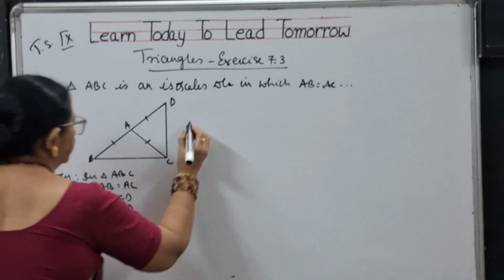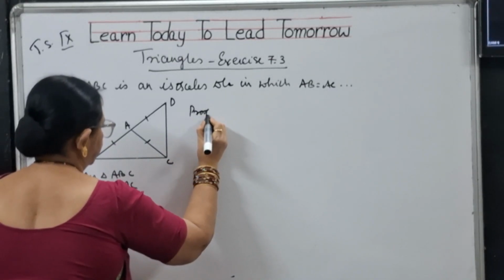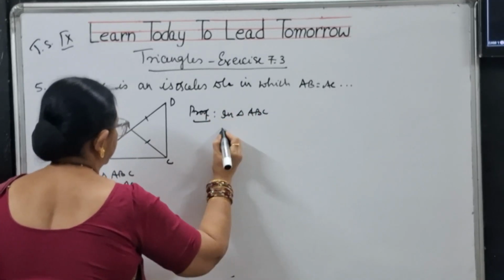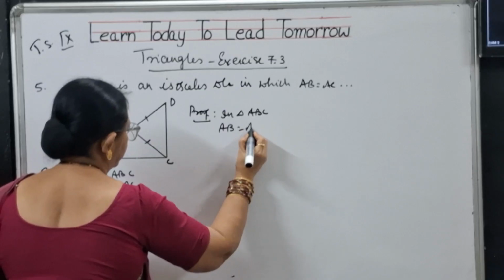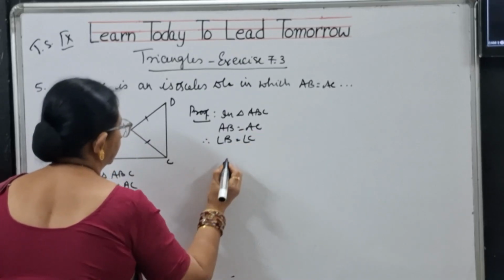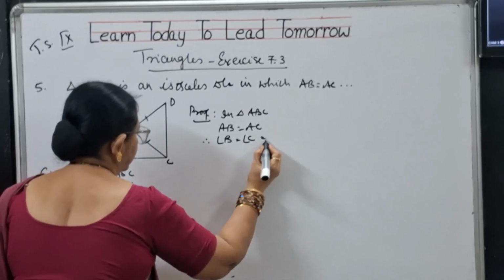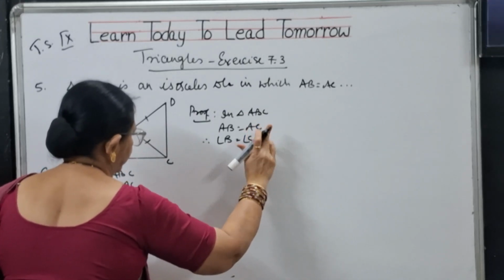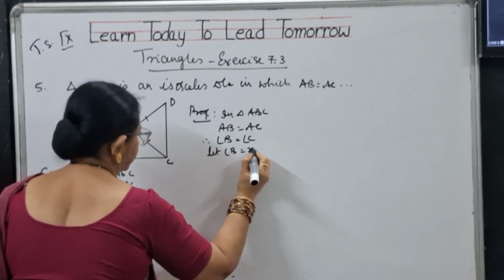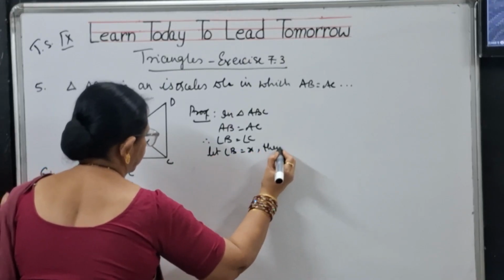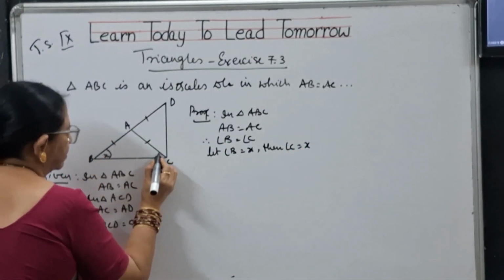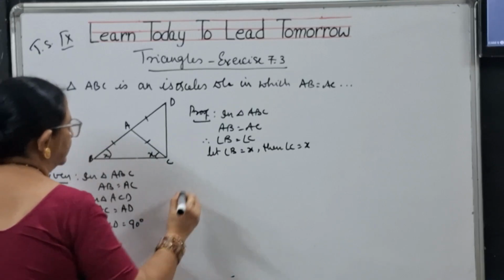Now, let me talk about the proof. Proof is in triangle ABC, AB is equal to AC. Therefore, angle B is equal to angle C. Let us suppose, let angle B be equal to X, then angle C is also equal to X. That means I am writing this as X, so this will be X. Also,